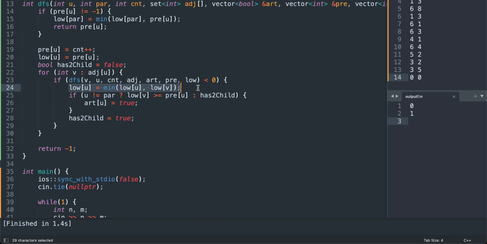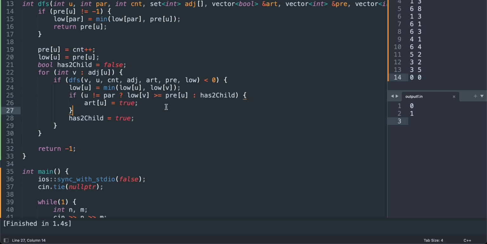So low of u can be written as the minimum of low of u and low of v, because if v goes somewhere here, then it will be the minimum. Otherwise in this case, if u is not equal to parent, then low of v is greater than or equal to